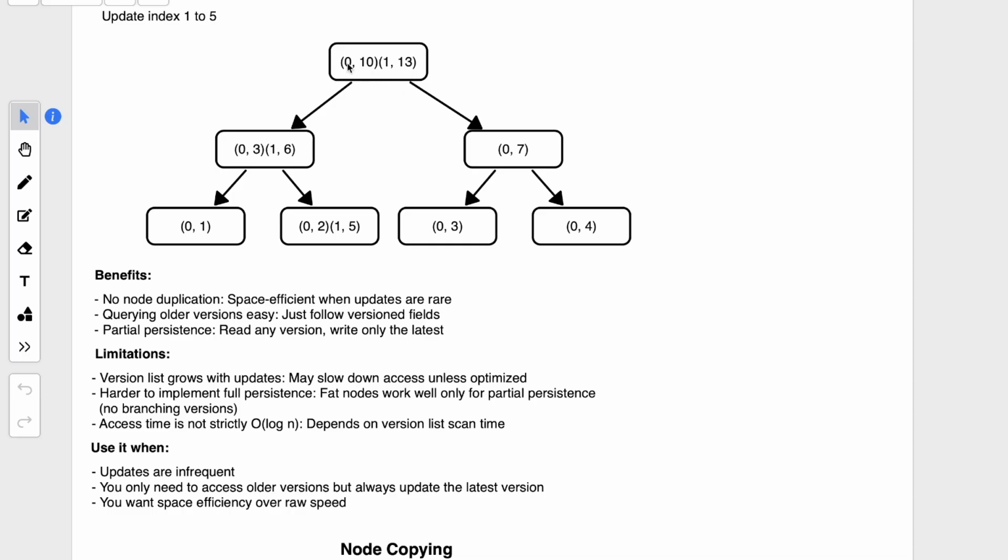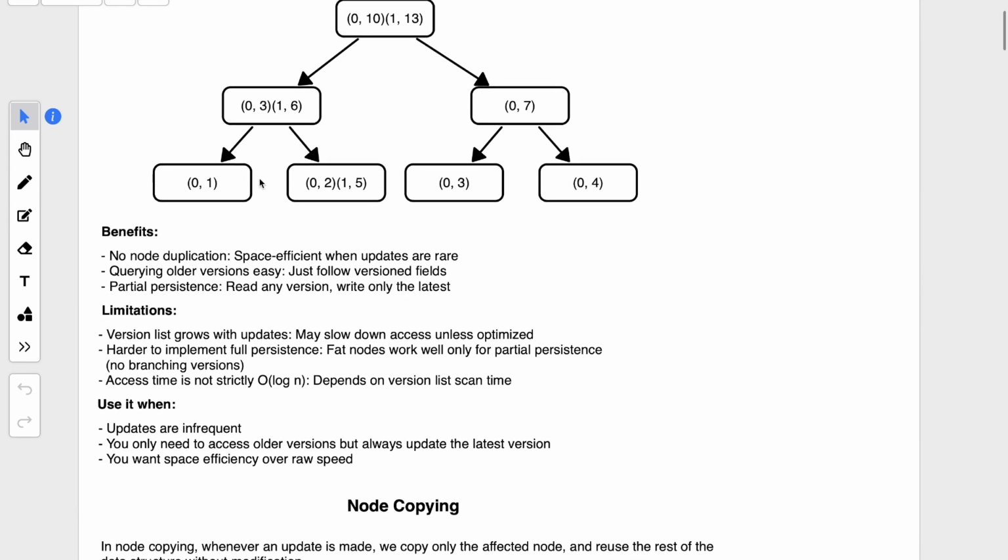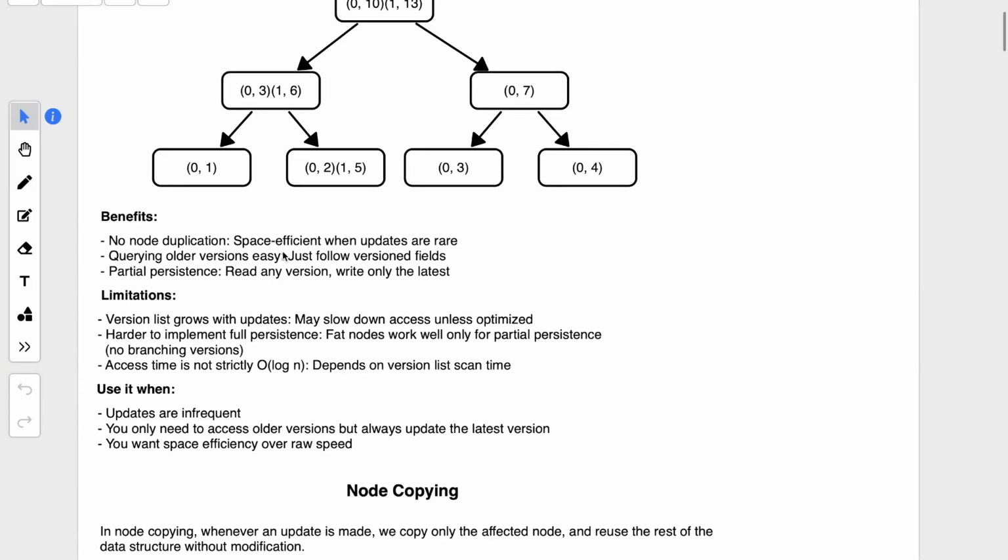So these nodes will expand and become fat. That's hence the name fat node. The benefit here is we don't need to duplicate anything. We don't need to copy the nodes here. We just push entries into the nodes itself, and the version is managed by the node itself. So there is no node duplication, hence it saves some space, because the only extra space you are taking here is for this version number, right? That's all you need. So it's space efficient when updates are rare, and querying an older version is easy as